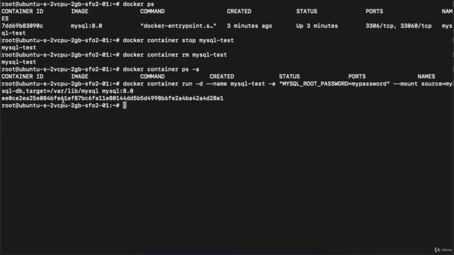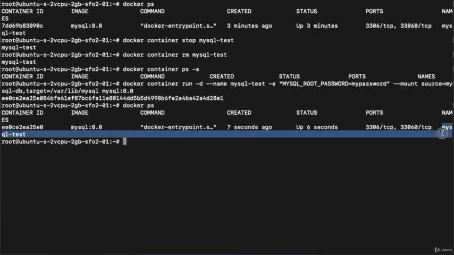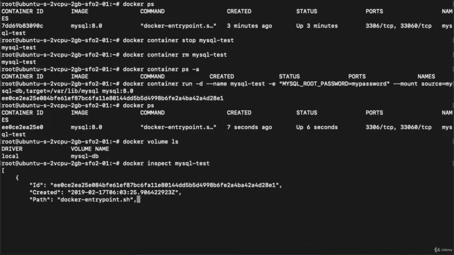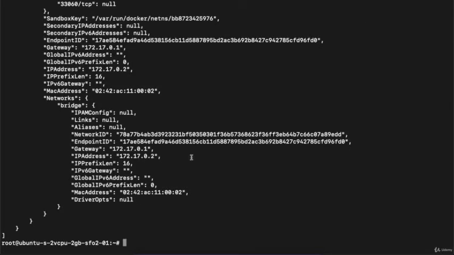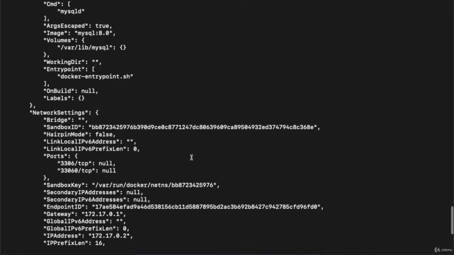So you can see a container with this particular ID is being started. If I execute the command docker ps, then you can see the MySQL container named mysql-test is running, right? If we want to verify the volumes, we can execute the command docker volume ls, and we can see a new volume called mysql-db has been created, right? If you want to verify, you can inspect the running container with the command docker inspect mysql-test, which is my container name. Hit enter. Then over here we are getting the complete details of the container, and over here we can see the volume and the mount location, right?